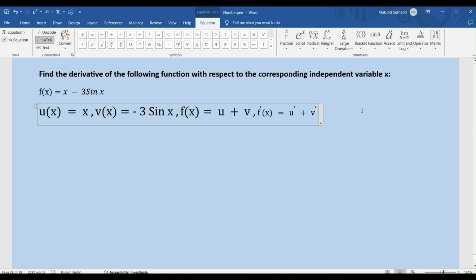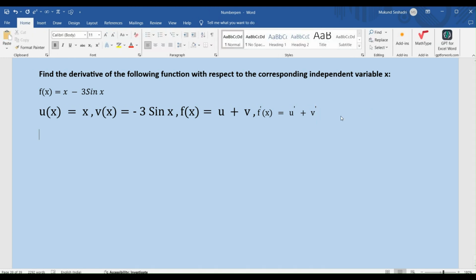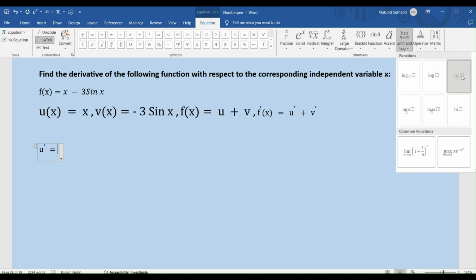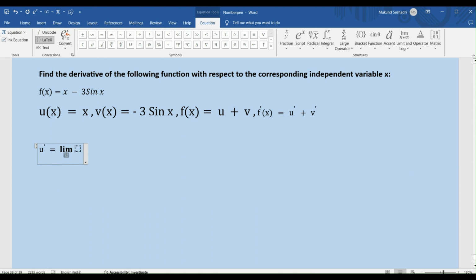So I'm going to start off with my u, right? My u of x is x, right? And so what is my u dashed? So let us write our u dashed of x, right? So my u dashed of x is nothing but limit h tending to 0, and I have my